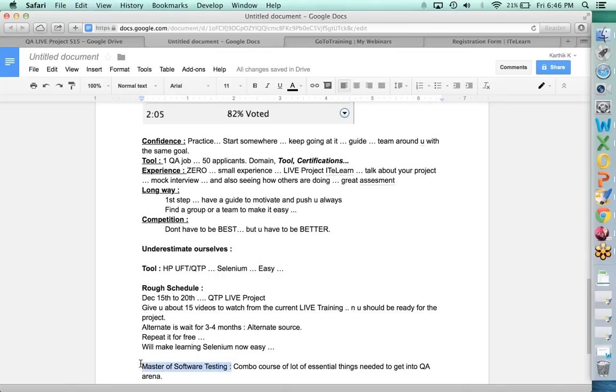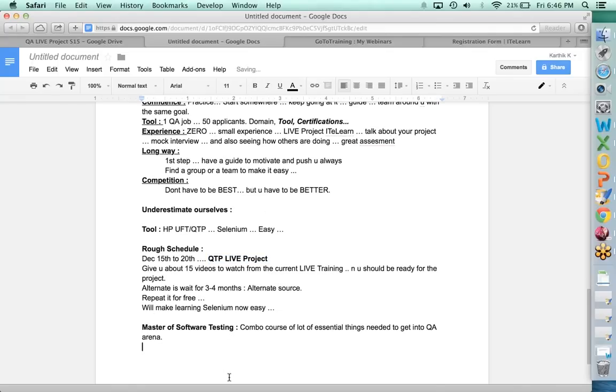If you're already working as a QA professional in some company right now, then you don't need to get into the Master Software Testing course. You can simply take the QTP Live project or Selenium training and project. This is starting first week of Jan and will go on for about 2 to 3 months, team, or a little longer. Sometimes it can go up to 3 months because we have to cover so many things. As part of that, we'll start with manual testing and so on and so on.